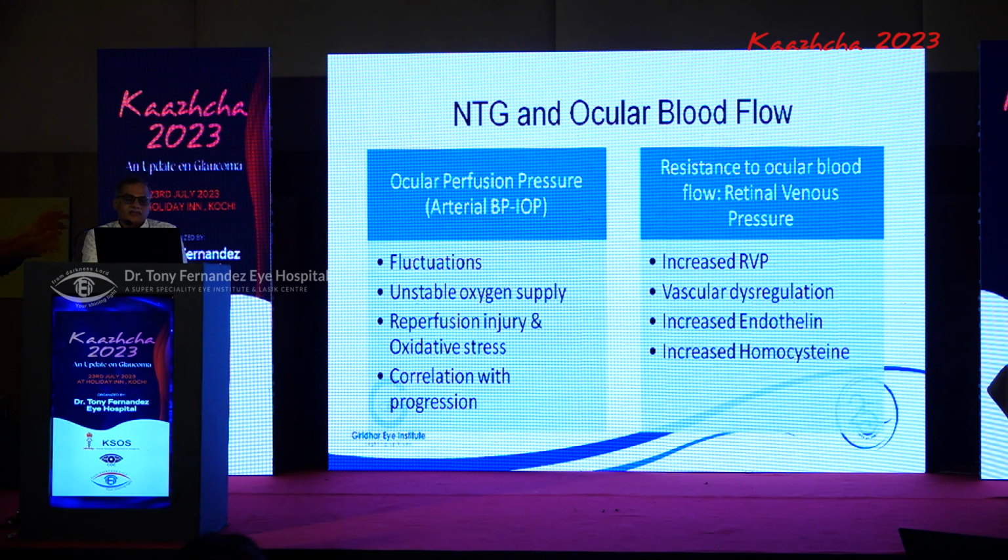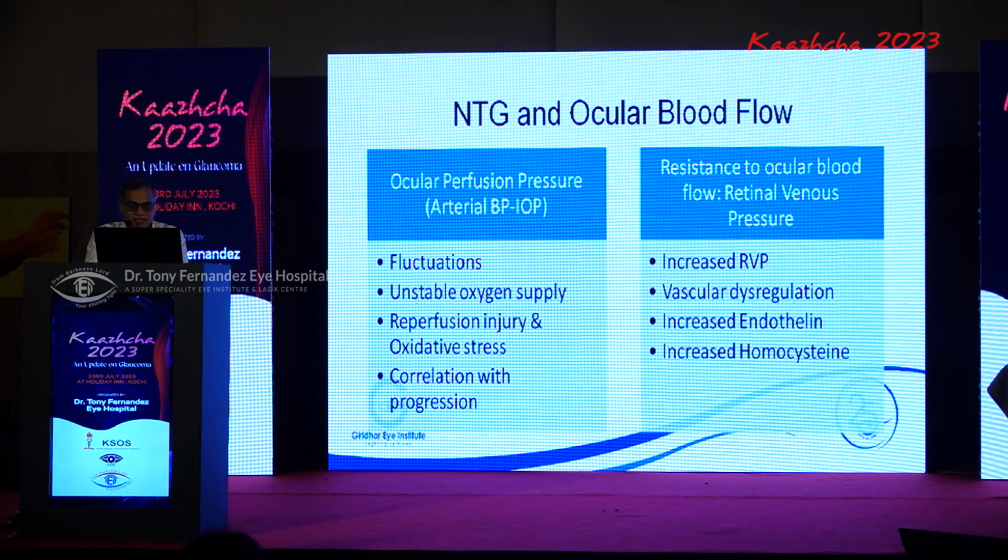One important parameter is ocular perfusion pressure, which is the difference between the arterial BP and the intraocular pressure. Most NTG patients have fluctuations in this ocular perfusion pressure, and this leads to an unstable oxygen supply to the nerve tissues. This in turn leads to perfusion, reperfusion injury and oxidative stress. Ocular perfusion pressure as a single parameter is probably not an ideal one, but it has been shown to correlate